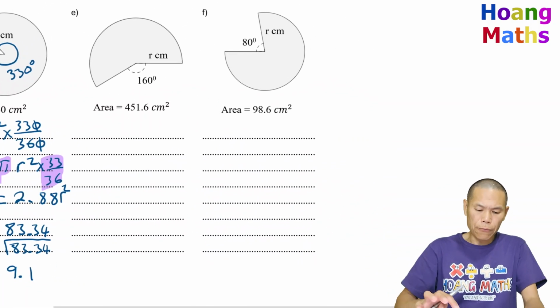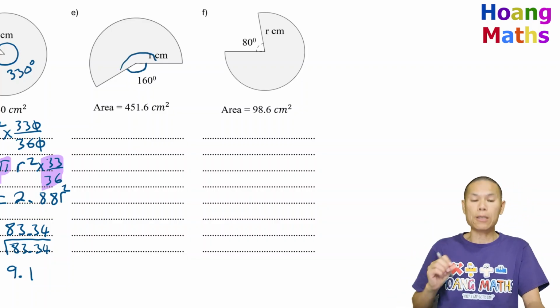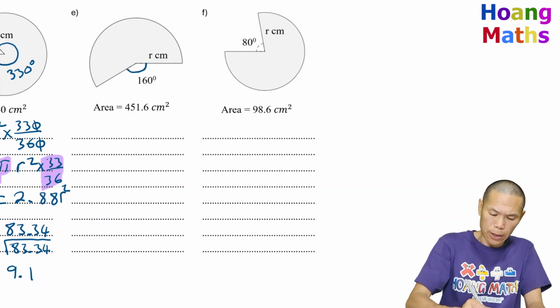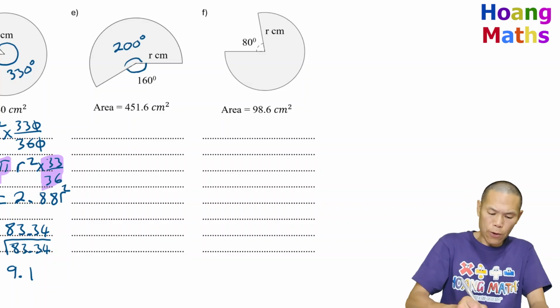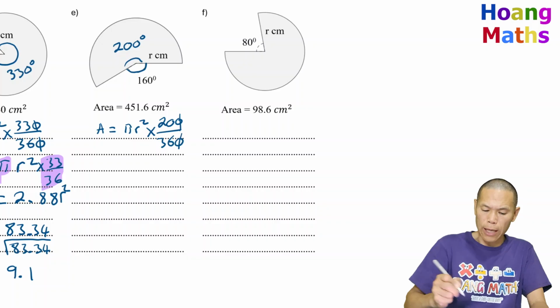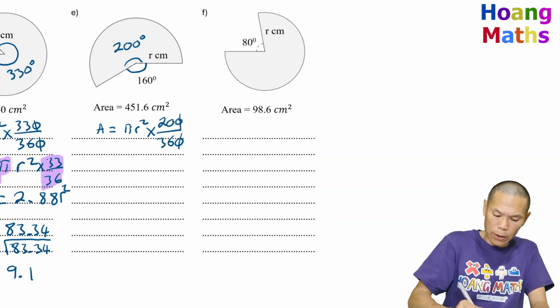Part E. So first of all, we know that this is 160. So inside here, so 360 minus 160. So that should give me 200. So from here to here is 200 degrees. So the area A is pi r squared, and we times by 200 out of 360 degrees. I can cancel that, okay? Makes it easier. And the area is